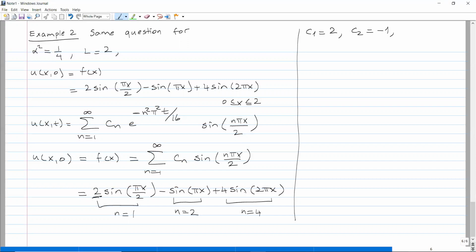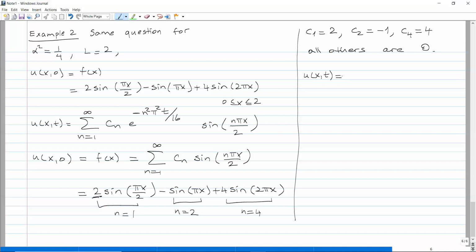And the coefficient of sine 2 pi x is 4. That means C4 is 4. And all others are 0, because the function f itself is given in terms of sine functions. Okay? So that means our solution